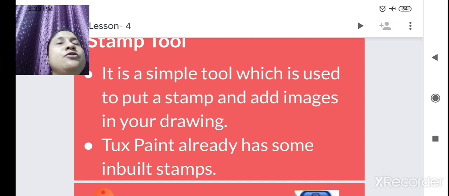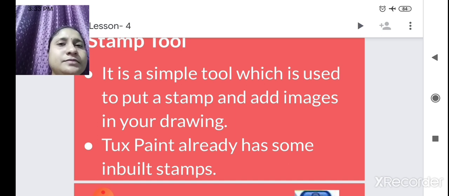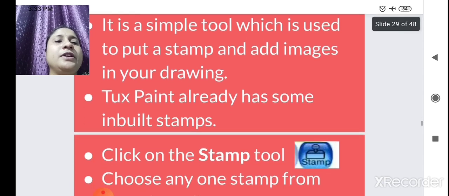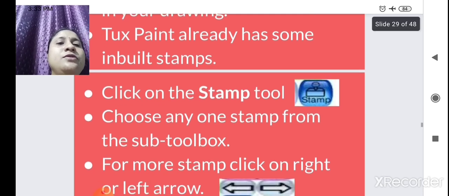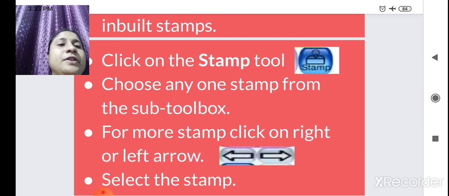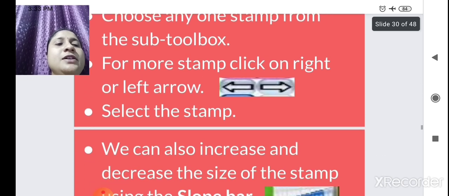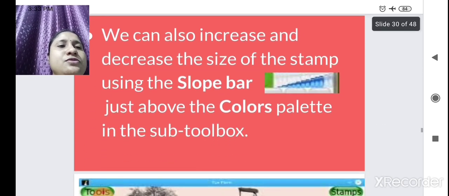Like if you want to draw a jungle, you want to show a tiger, an elephant, this type of image is present in TuxPaint. We call these images stamps. By using a stamp you can show a real effect in your drawing. Now we will see what happens when we click on the stamp tool.